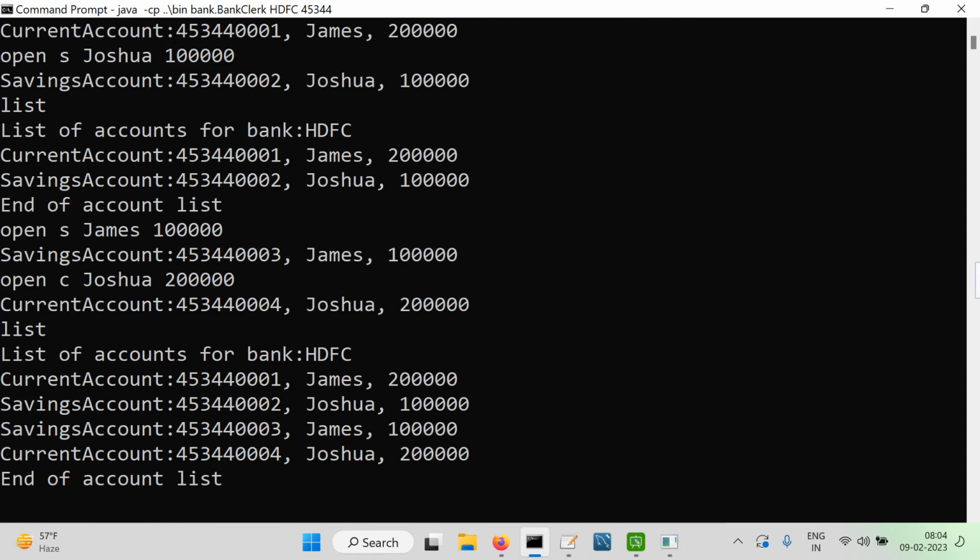Okay. Yeah, we want to try out. Okay, let's do some transfer. I think transfer from. We didn't try deposit withdraw. We should be trying out every command, and then we'll know if there are some errors. Okay. Transfer of funds from 453 paper 4. Okay, it has 2 lakh. Okay, so from this to